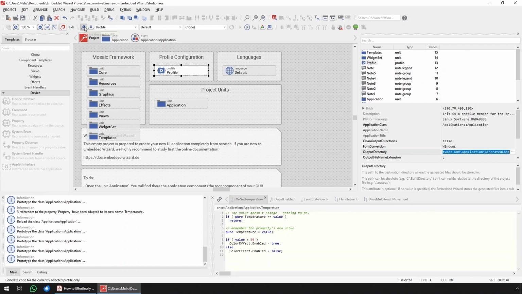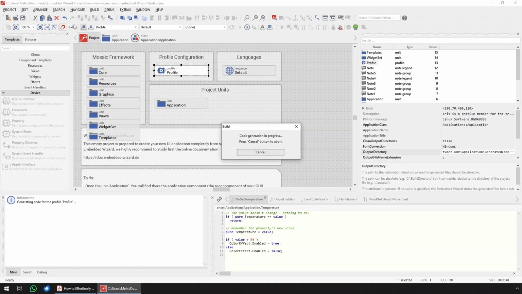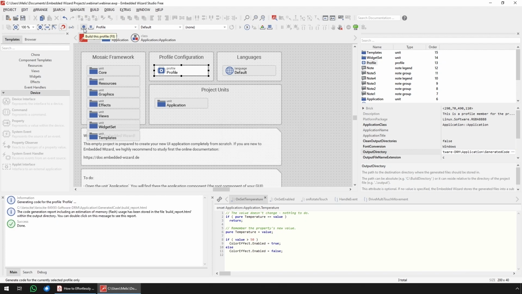So pressing this button here inside my menu bar, the small crank symbol, invokes Embedded Wizard Studio to analyze the GUI project. That means bitmaps, fonts, strings, and the logic are analyzed, and C source code is generated. Remember, we had that, I'm pressing F5,